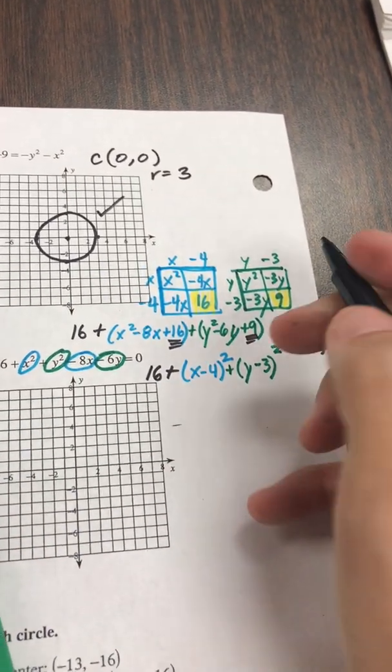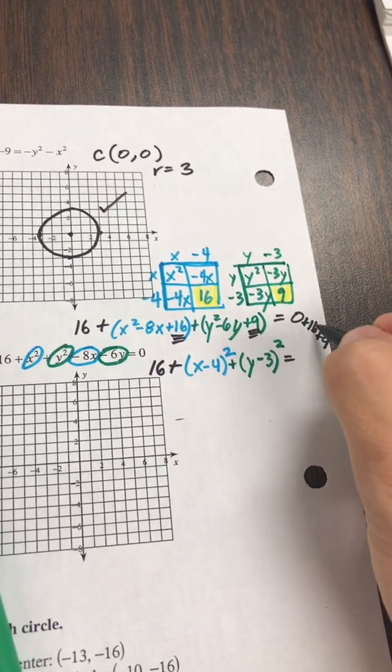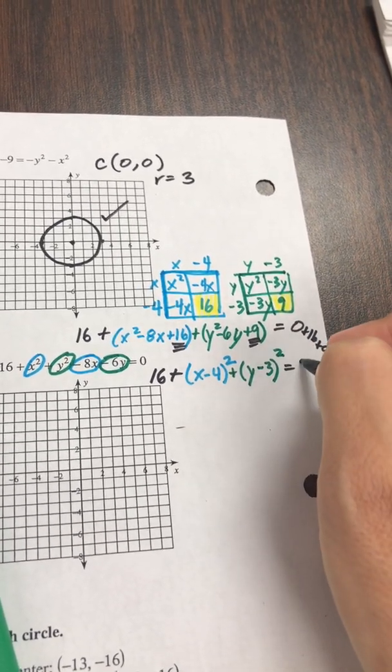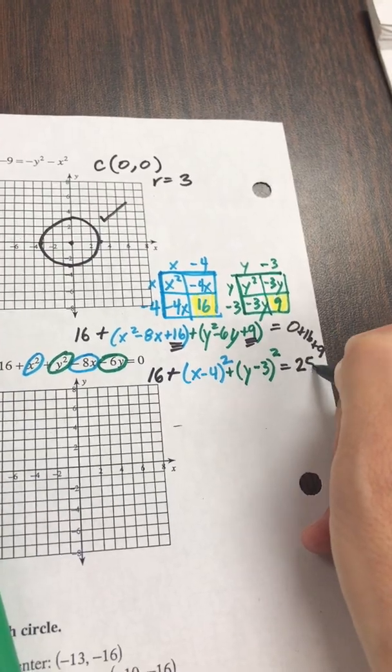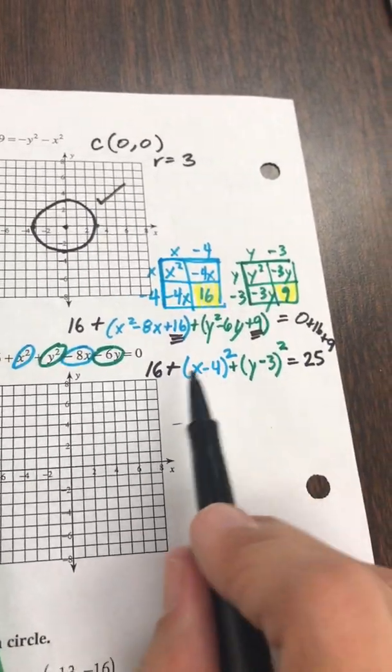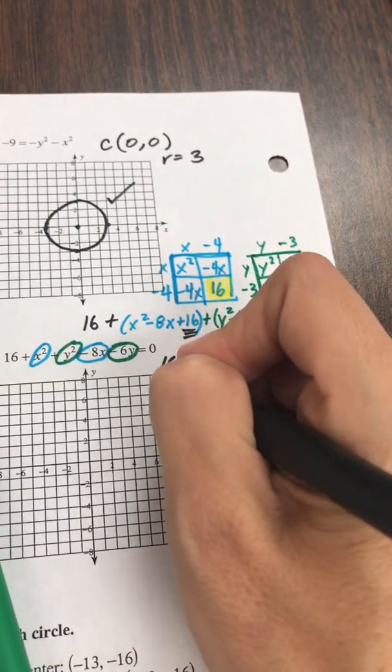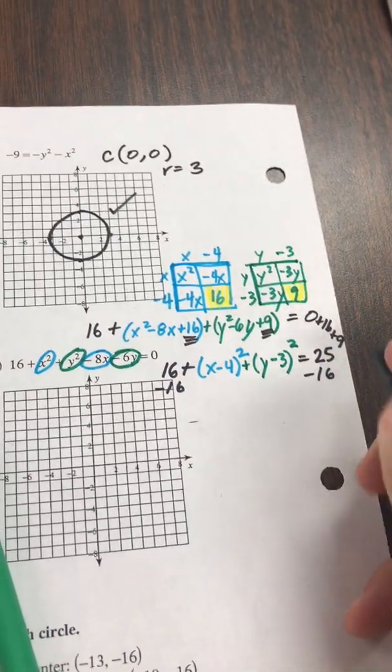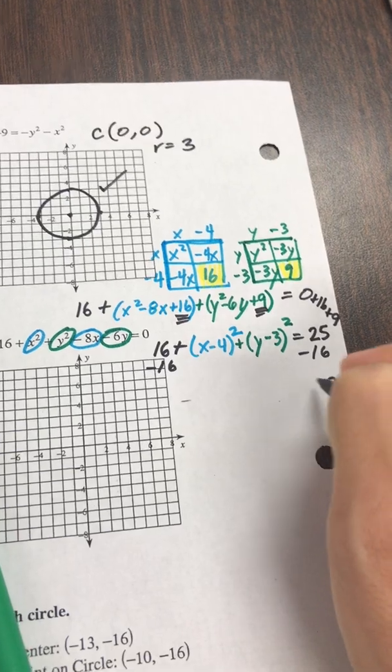And then 16 and 9 would make 25. Does that make sense? Okay, yeah. So I'm really close. I think if I get this 16 over here, so 25 minus 16 is 9,